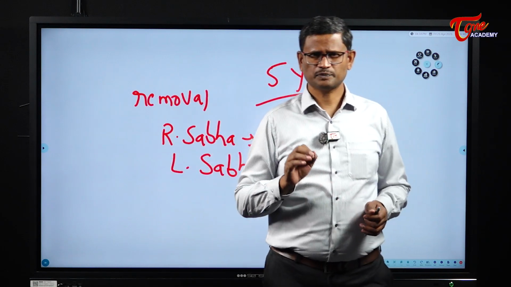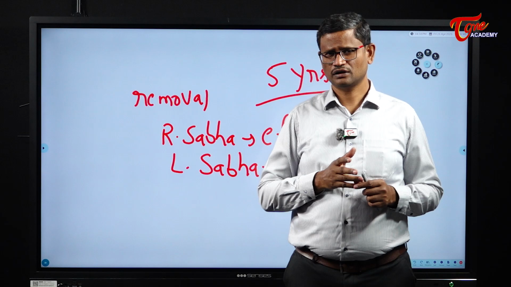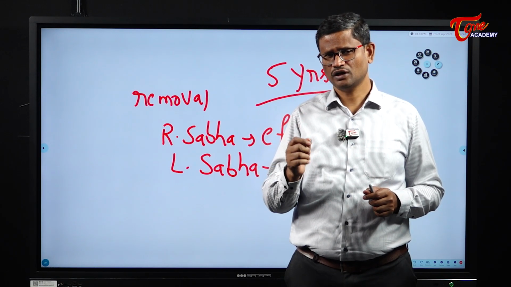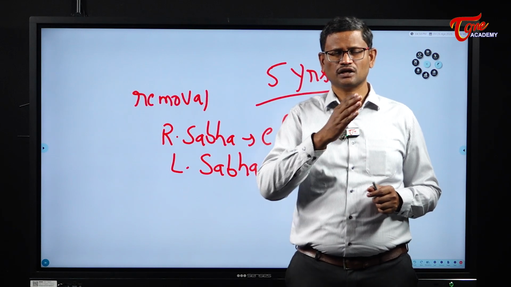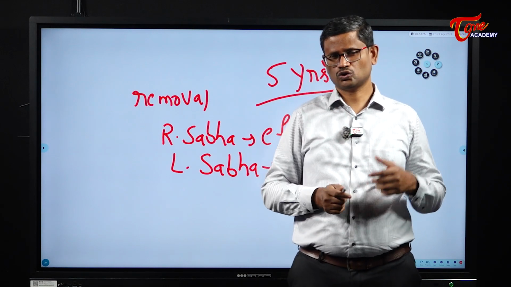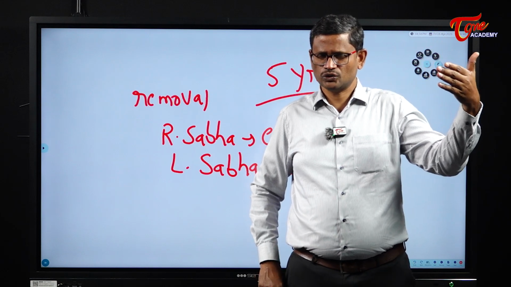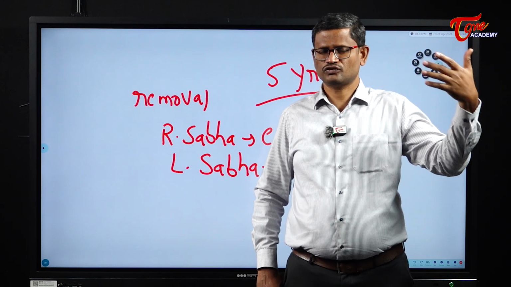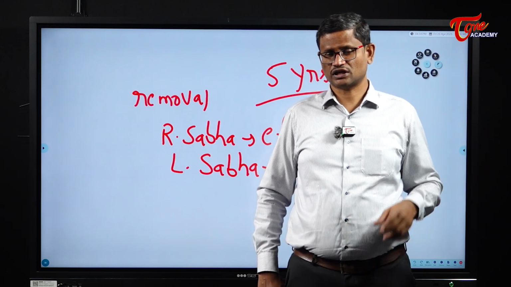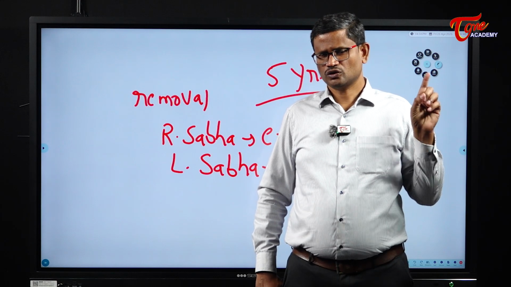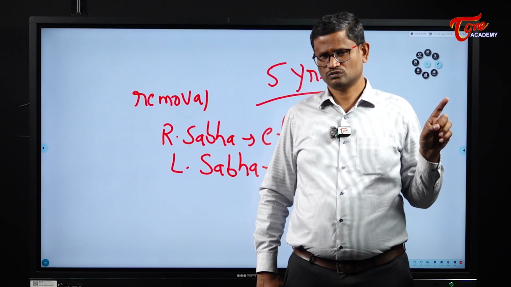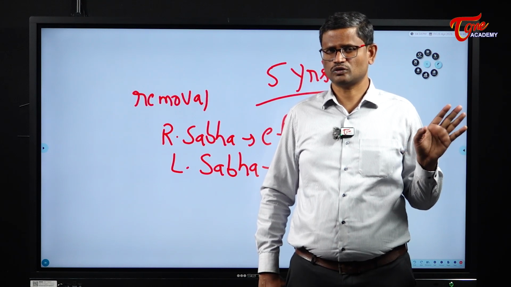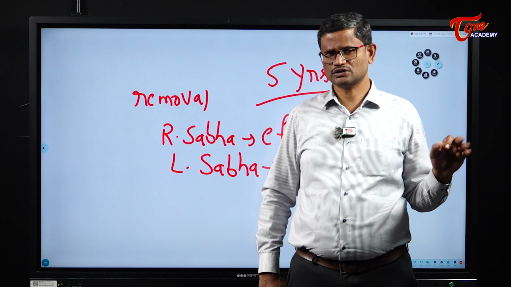When the removal of the Vice President is taken up in the Rajya Sabha, from all the then members of the Rajya Sabha, more than 50% shall agree. That is called effective majority. In the total strength of Rajya Sabha, you need to take out the vacancies. In the remaining strength, the effective strength, more than 50% shall agree for the removal of the Vice President. So the Vice President is removed through effective majority in the Rajya Sabha. In Lok Sabha, he is removed by simple majority, more than 50% of the members present and voting.